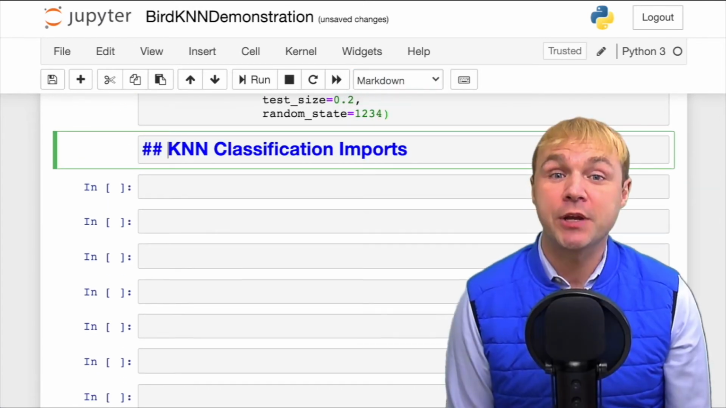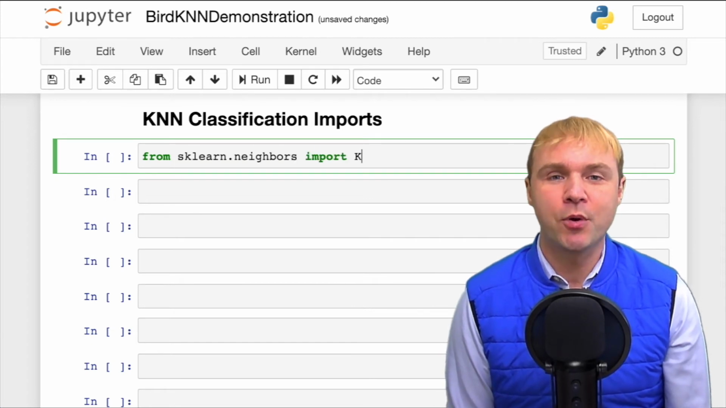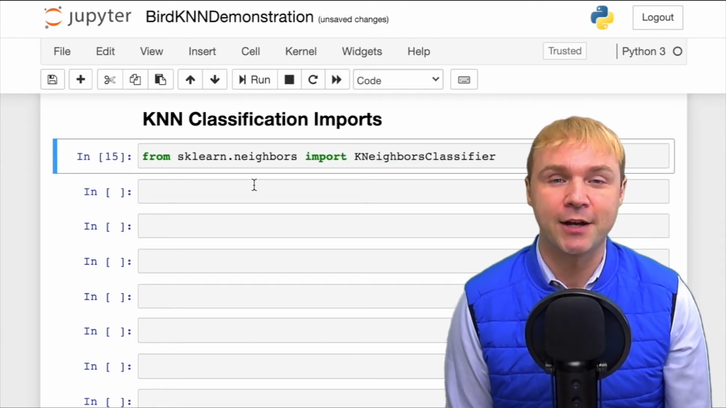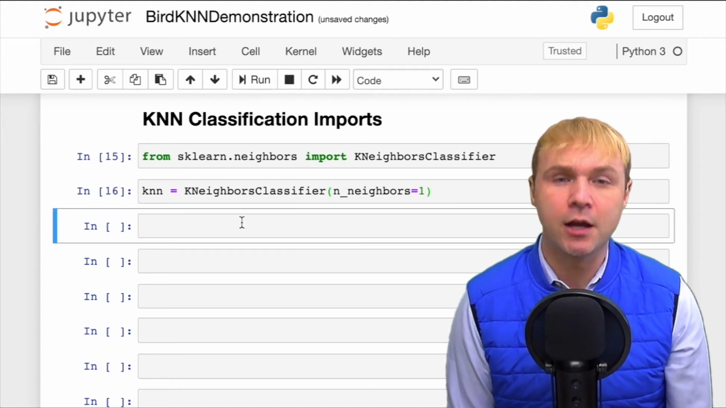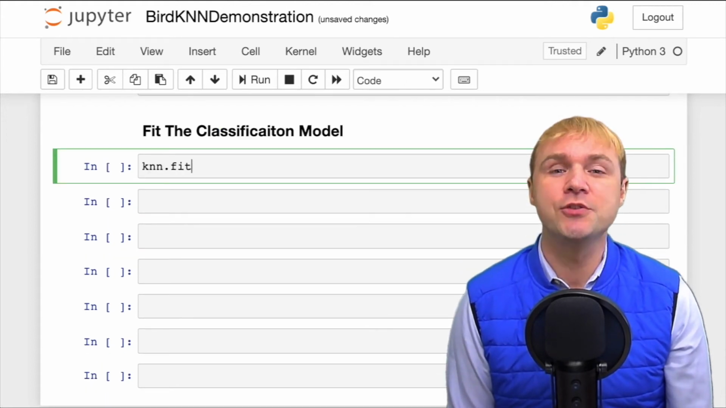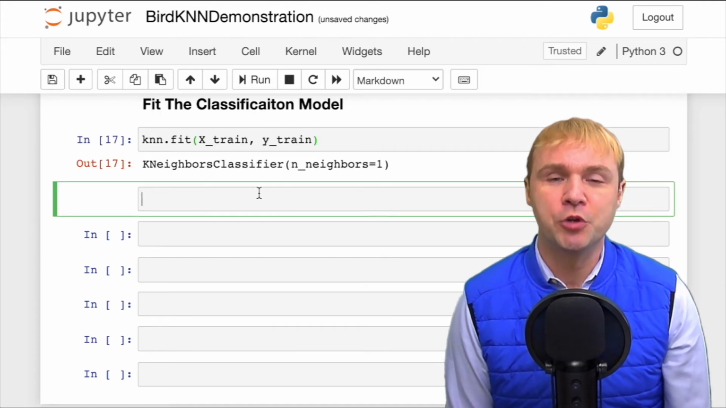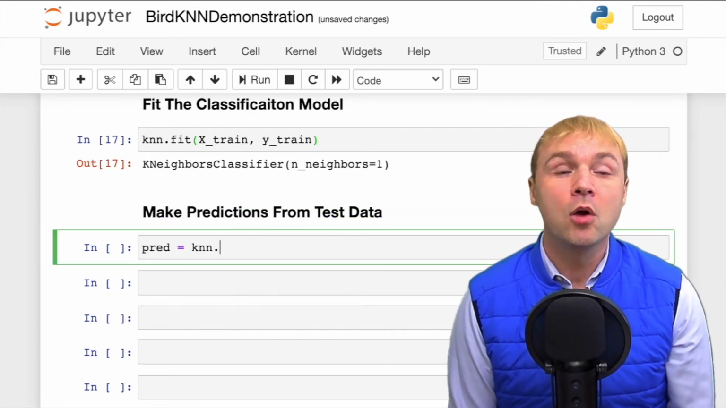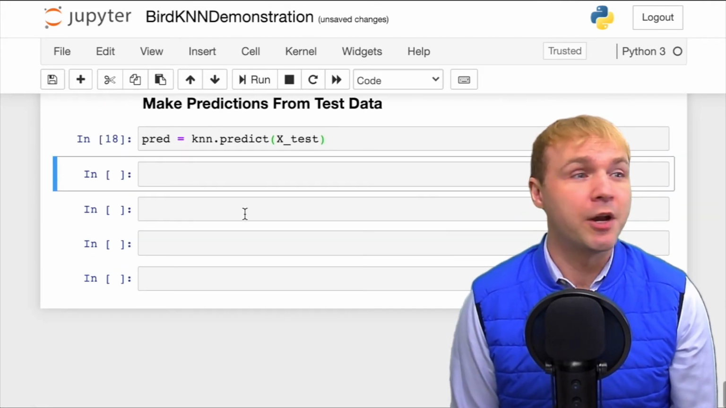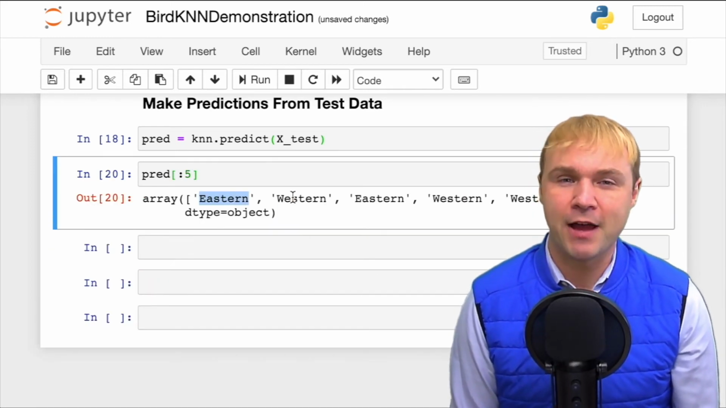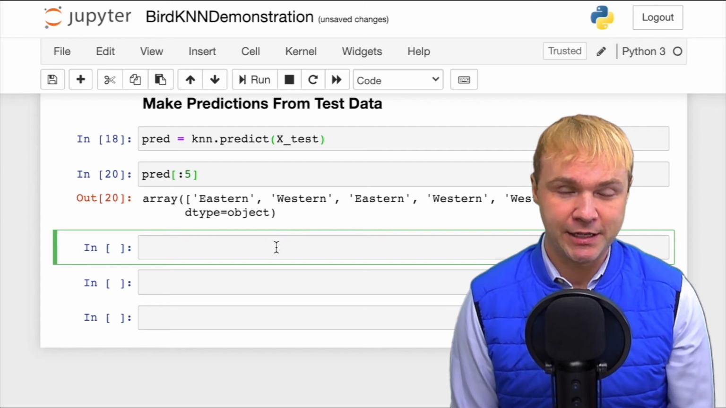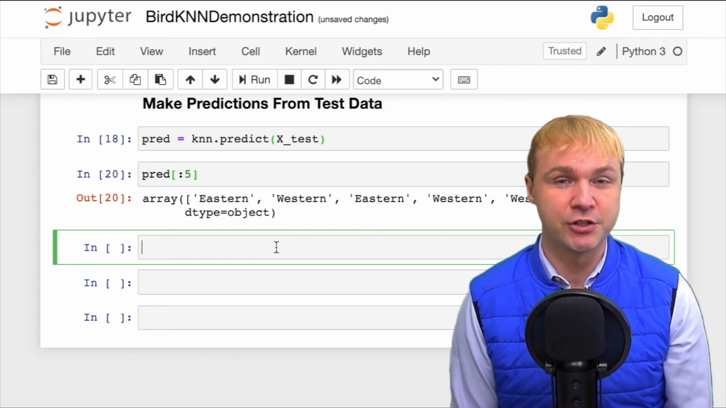After performing the train test split, we will then import the k-nearest neighbors classifier. Using the k-nearest neighbors classifier and the training data, we will fit a model, and then using the test data, we will look for new predictions. Here, we've entered predictions into the variable PRED, and we can inspect the results. We can look at the 5 first observations of PRED, and we can see the various predictions that were based